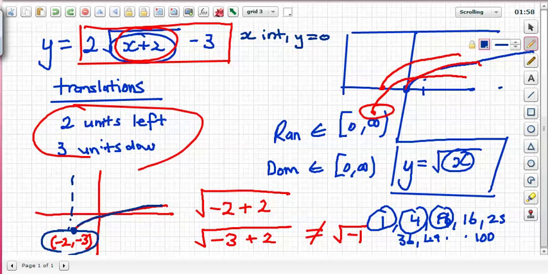So we've got 2x plus 2, and I'm going to just skip a step, is equal to, I'm going to get negative 3 over the other side. We're then going to do this, and you can do this if you like, as long as you don't make any errors along the way. Let's just get that over the other side, 3 over 2, and square both sides. We've got x plus 2 is equal to